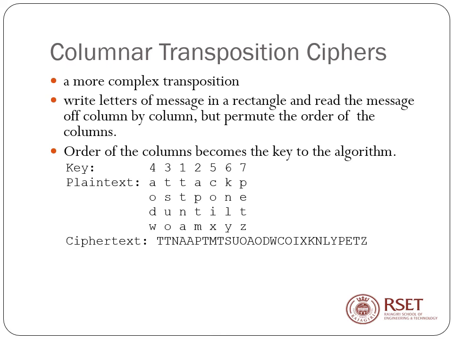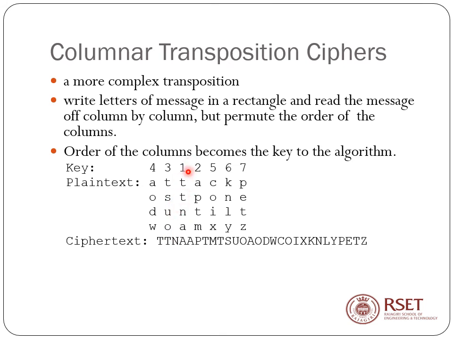So order of the columns becomes the key to the algorithm. So you have a key here, and you will be writing attack postponed until 2 a.m. You will be writing it in this order. So you will be following 7 columns, and after 7 columns you move to the next row, and so on. And the last three vacant positions are filled by bogus letters, that is X, Y, Z. After writing like this, with your key also written here, you will be forming the ciphertext by reading it column by column in this order.